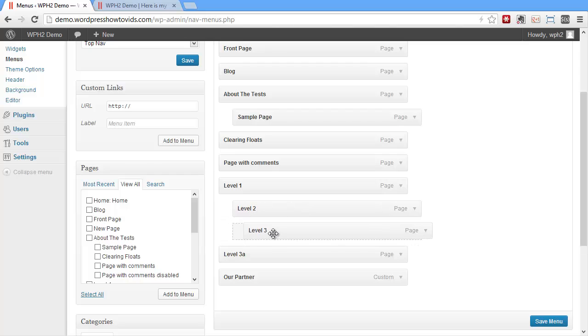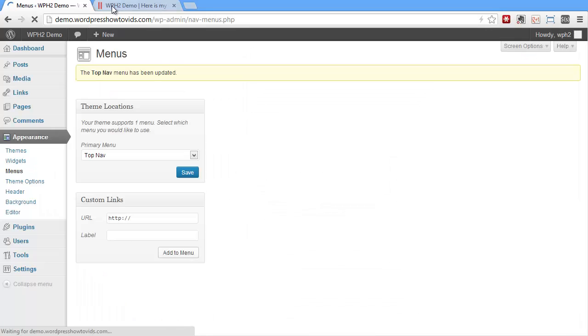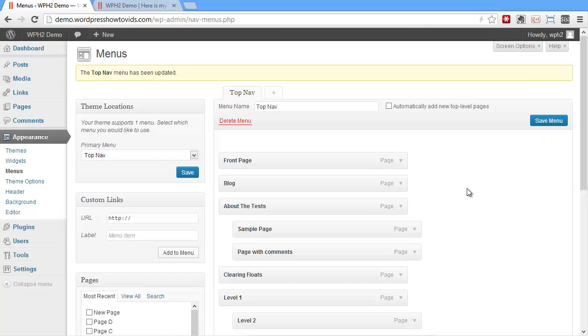Level 1, 2, 3, 3A. And then we'll even nest this page. Click save menu. Refresh, and now here's our navigation. So this is how you build a menu for your site. If you wanted to add a new page and add that to the menu, you could. You would just go to Pages, Add New,